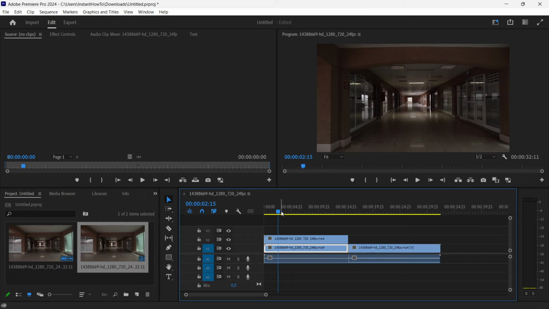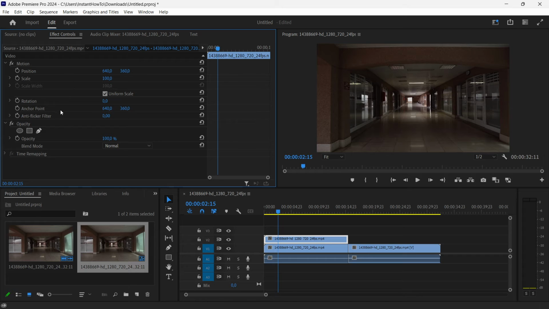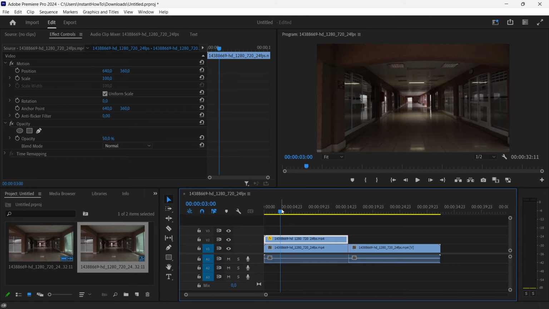The next thing you want to do is go up here to the second part, so to the duplicate we've just created, so to the top one, and then Effect Controls up here, and you want to go under opacity, look for opacity, you want to put it at 50. There we go, it's at 50% now. And now the next thing you want to do is simply click Y on your keyboard, okay, which will select